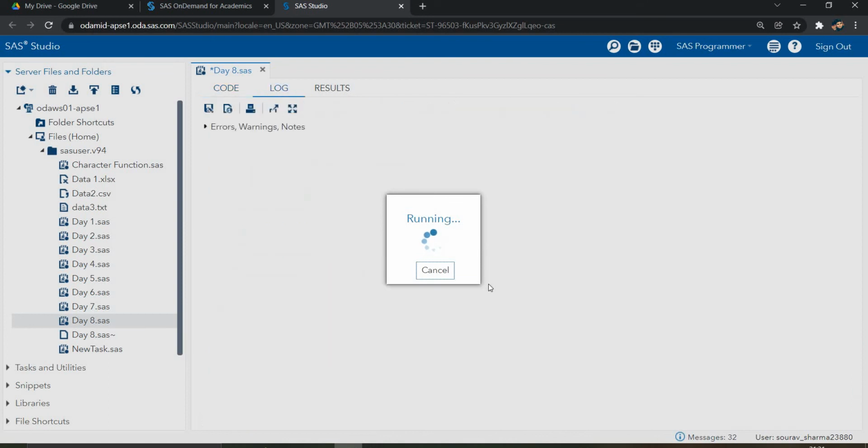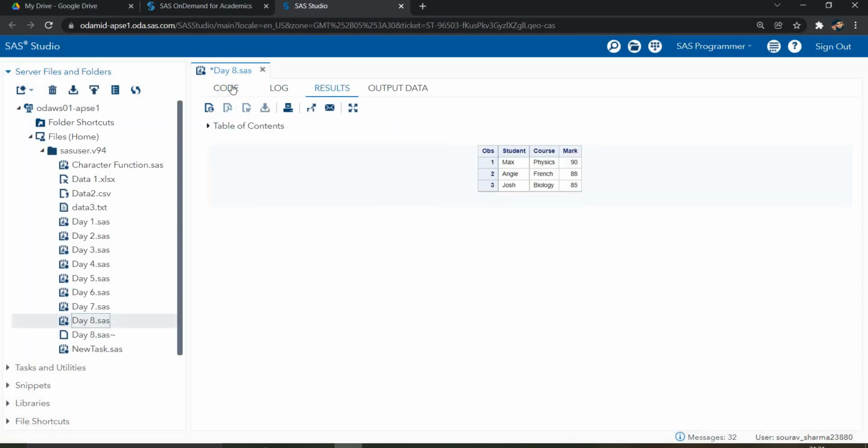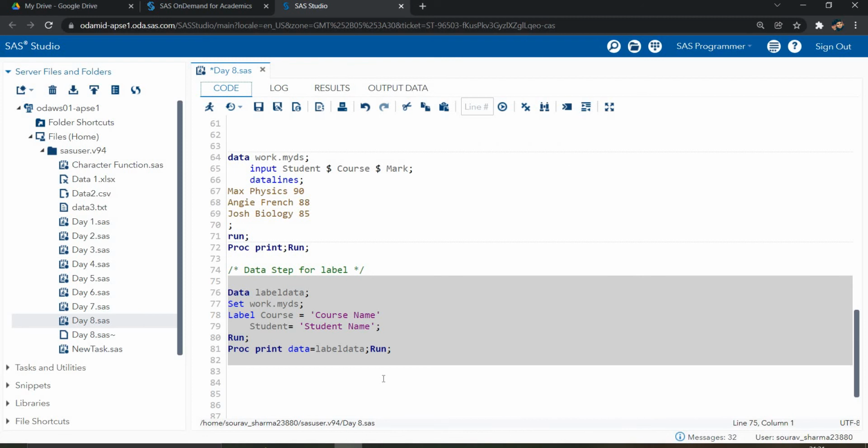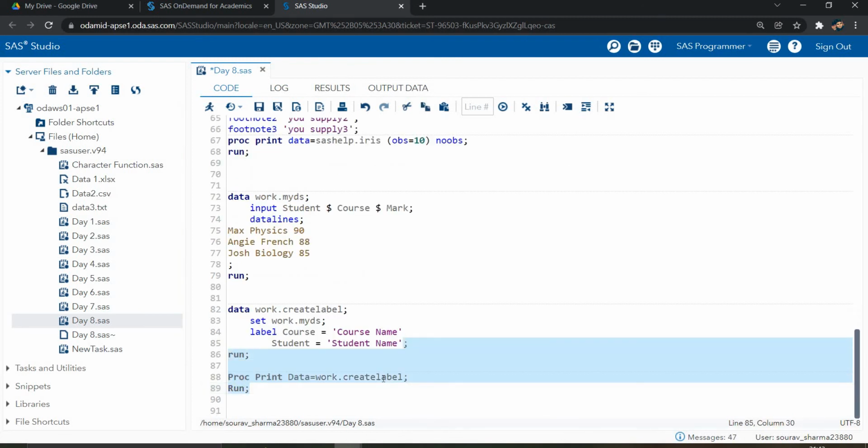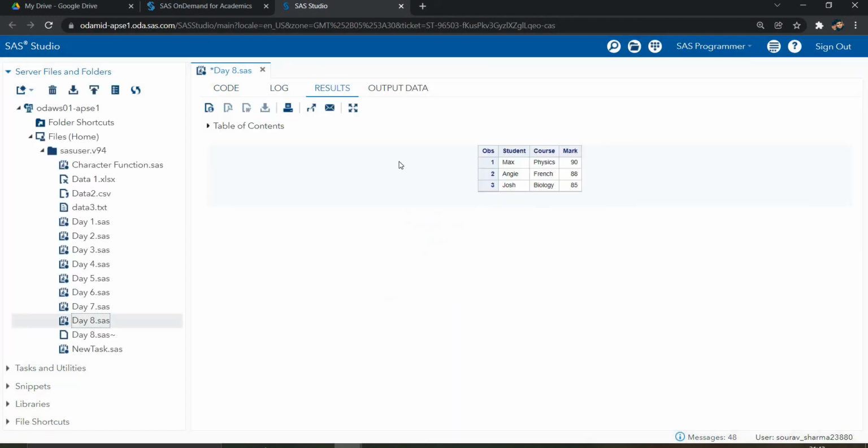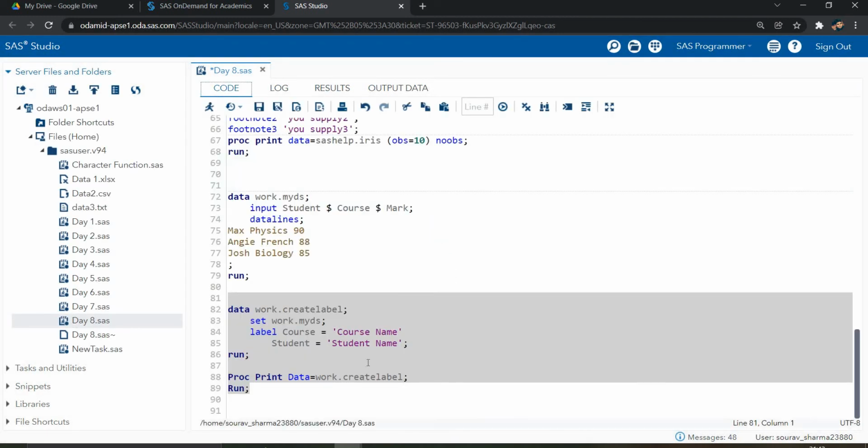Now let's execute again. So let's suppose I executed this code, but my label is not above my data.